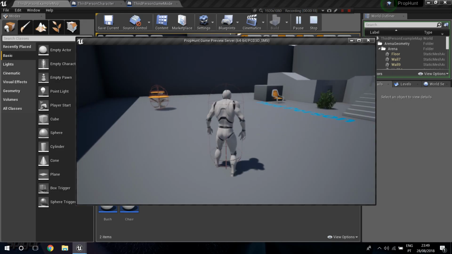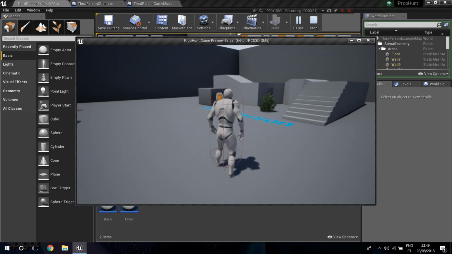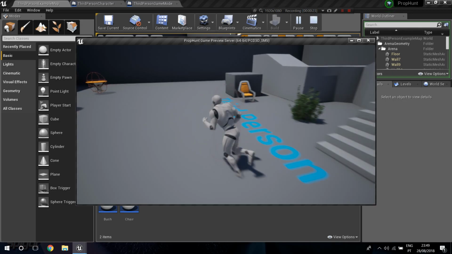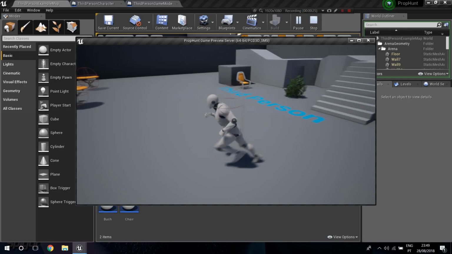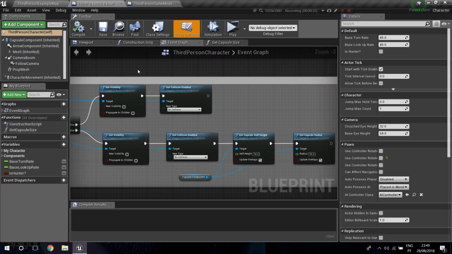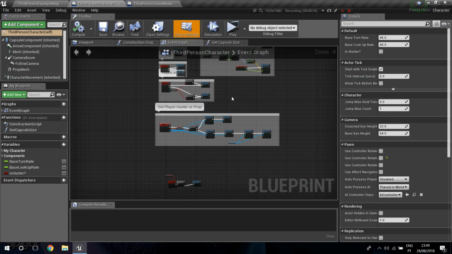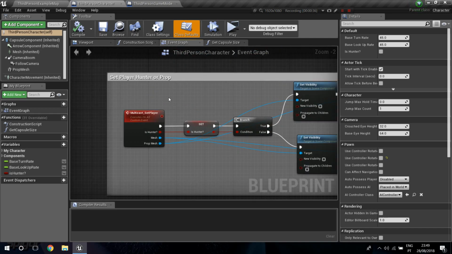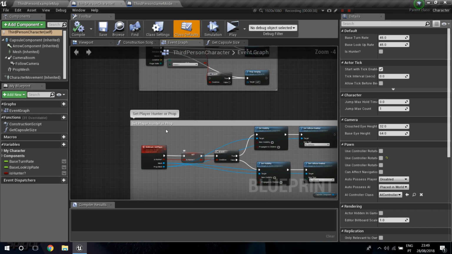Now, in third-person perspective, when we have to shoot things that might be moving, like if the props are trying to run away, I think it's better for us to go into first person, but we only want to go to first person if we are the hunter. So I'm going to go over here into the third person character, and when we set that we want to be the hunter or the prop,